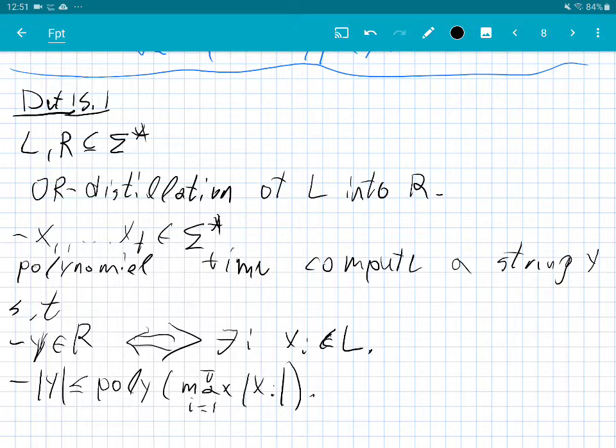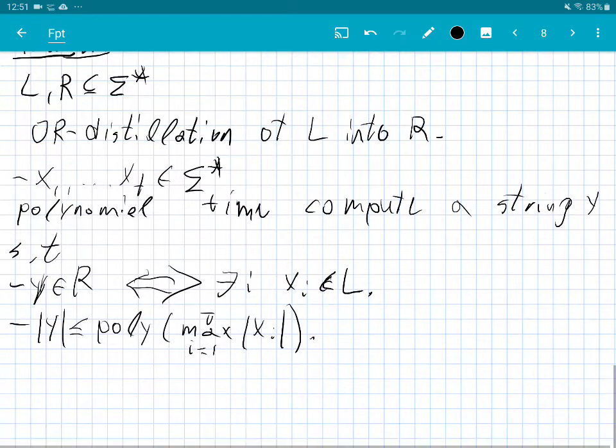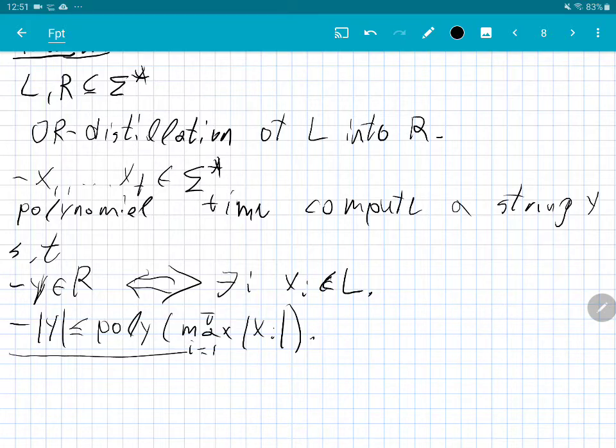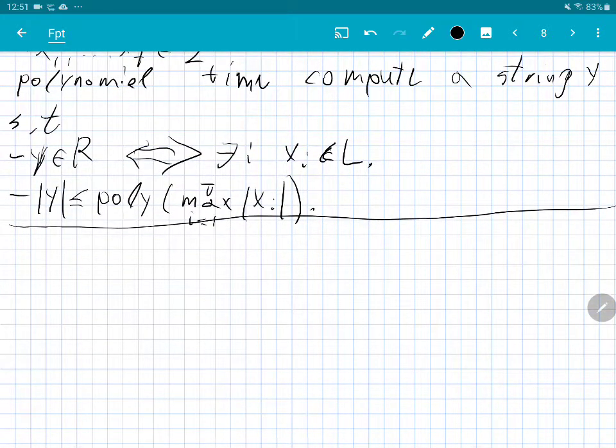So in this case, we get it very easily. The intuition is that this distillation is really a compression algorithm, and since we can do the compression in polynomial time, the problem is almost solvable in polynomial time. That's the intuition of what's going on. Of course, to prove what I just said formally would require some additional work. Okay, next stop.